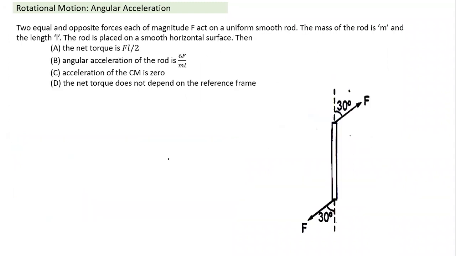Right. Next one: two equal and opposite forces, each of magnitude f, act on a smooth rod. You can imagine a very smooth surface, like a granite tabletop, and you have a steel rod placed like this. You can also tie a string, and the string makes a 30-degree angle. If you apply equal forces along the string at an angle of 30 degrees with the length of the rod, what kind of motion will the rod have? Suppose whatever force you apply is connected through some kind of